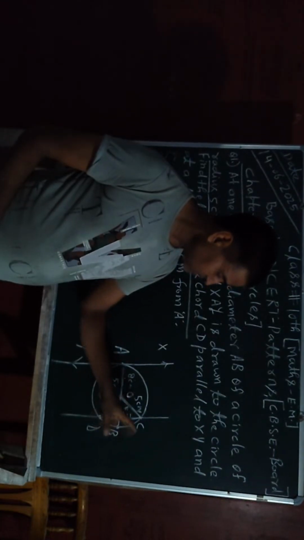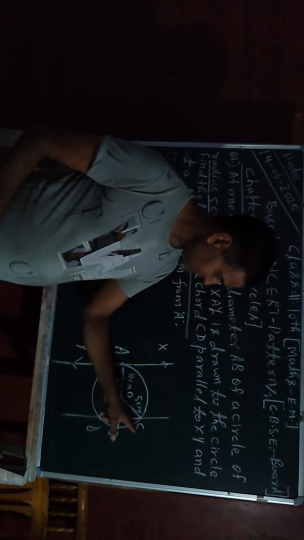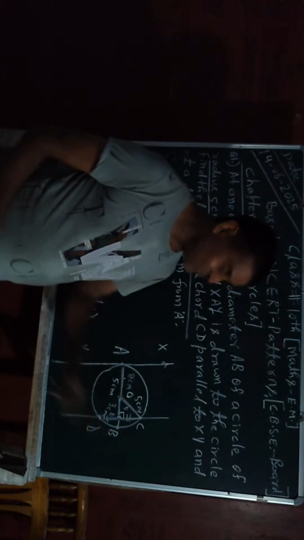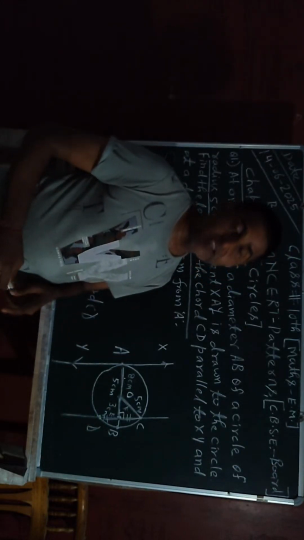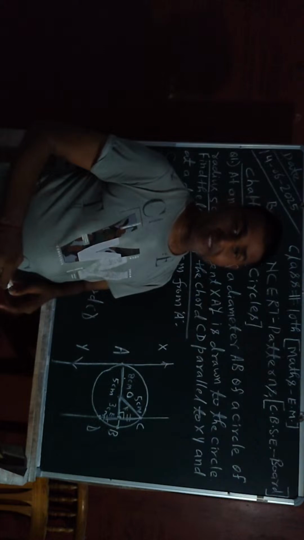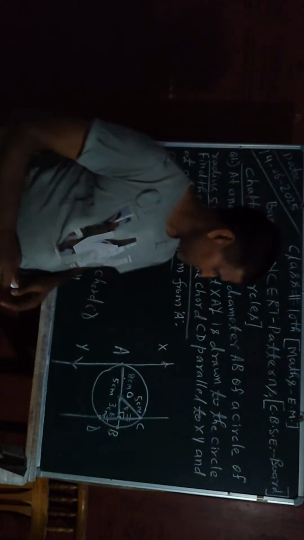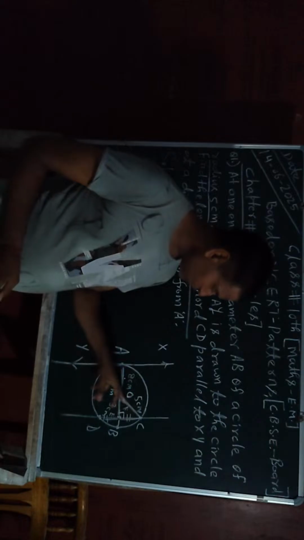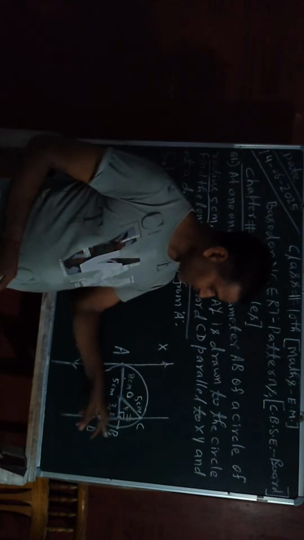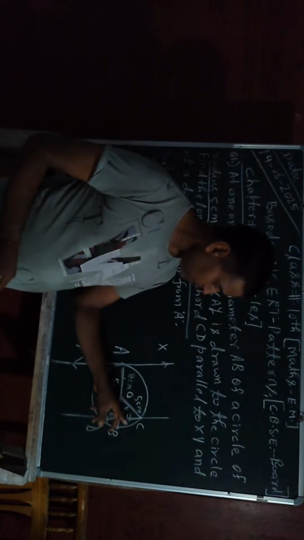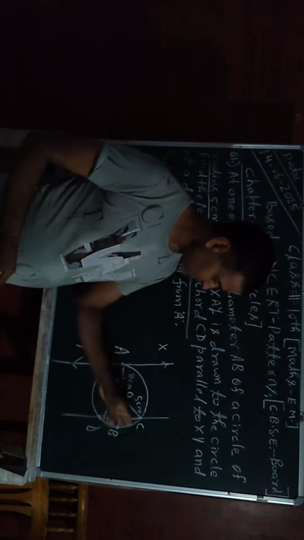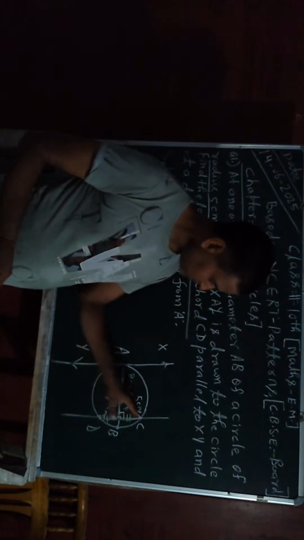It means triangle COB is a right angle triangle. So in the right angle triangle, I use one concept, and that concept is the Pythagoras theorem. When I apply the Pythagoras theorem, I will get the length of BC. So after getting the length of BC, this length BC